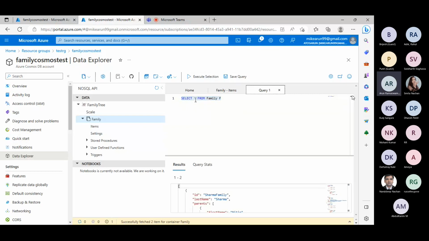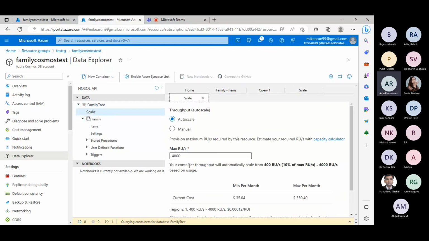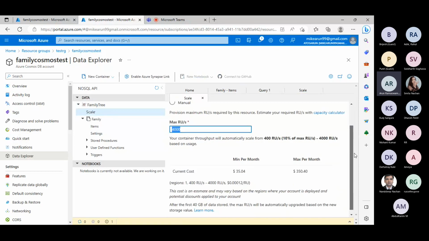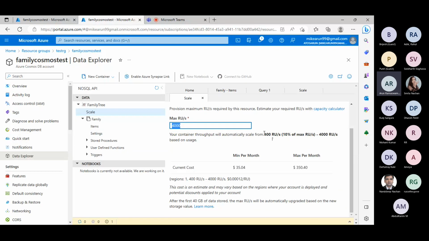So if you are familiar with SQL, you know that this is the SQL syntax, right? Okay, now I actually talked about the throughput here. If you see here, you actually see this 4000. So that is the maximum RU that I can use, and this particular container can only accept 400 RUs. So I cannot go beyond 400, or beyond 4000,